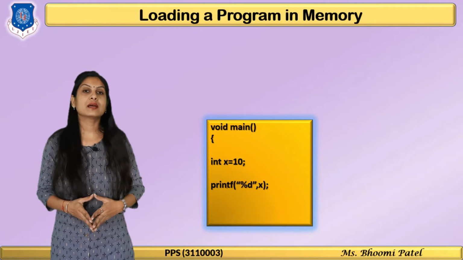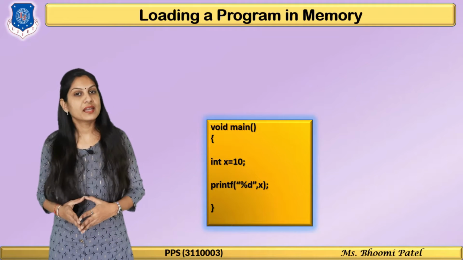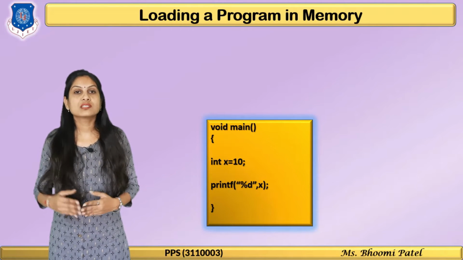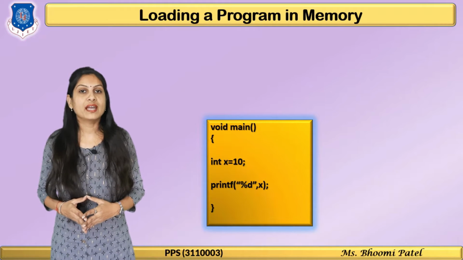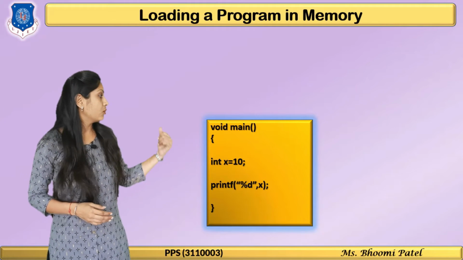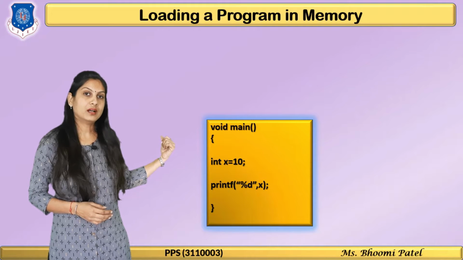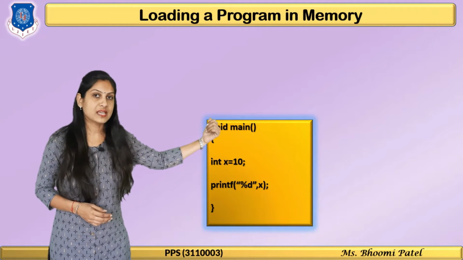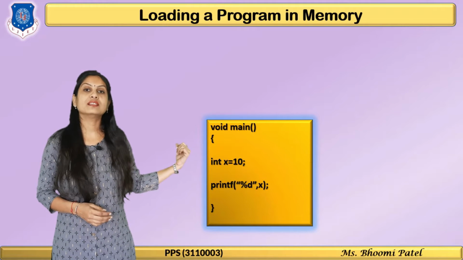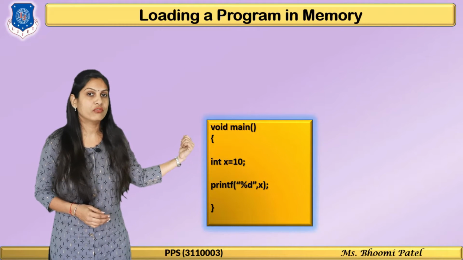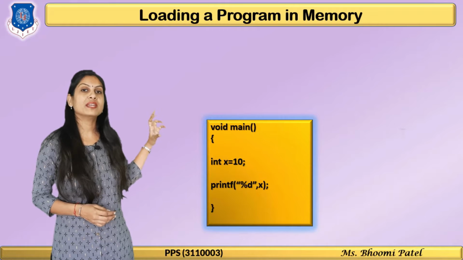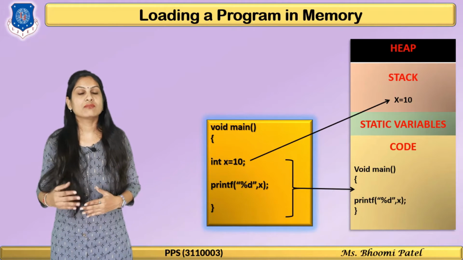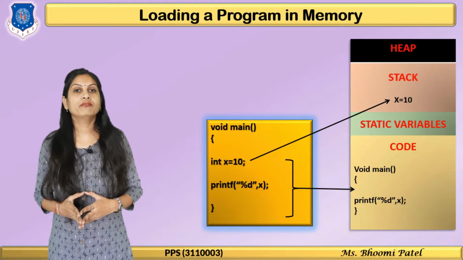Now move to the next example, how it is stored. Here, first I am declaring one variable, integer x equals 10. That is static memory allocation, because it is allocating memory at compile time. So this is compile time allocation, and static memory allocation is stored in the stack. Then printf is there to print the value of x. This whole code will now be stored in the last portion, that is the code section. Clear? So likewise our memory will be filled up.